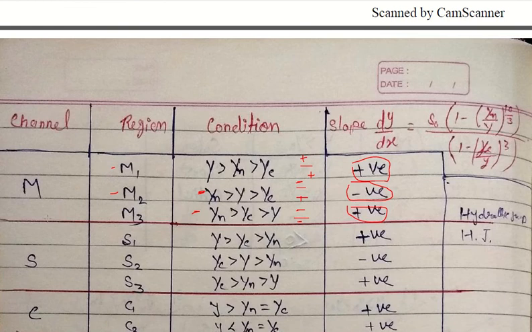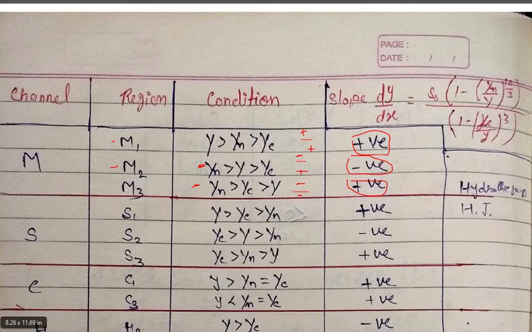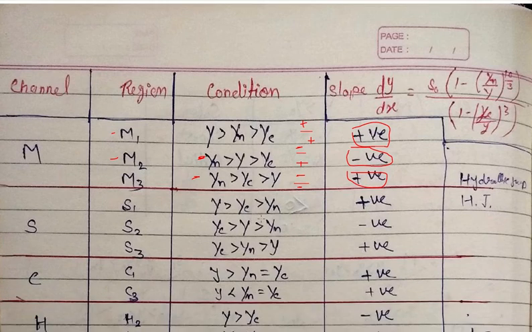Okay. Now similarly here, steep slope S1, S2 and S3. Here y is greater than yc, that means subcritical flow, that means the Fr value is less than 1. And y is greater than yn, that means the slope of bed is also greater than the slope of energy line, so it will give dy/dx = S0 - Sf a positive value, because S0 is greater than Sf.